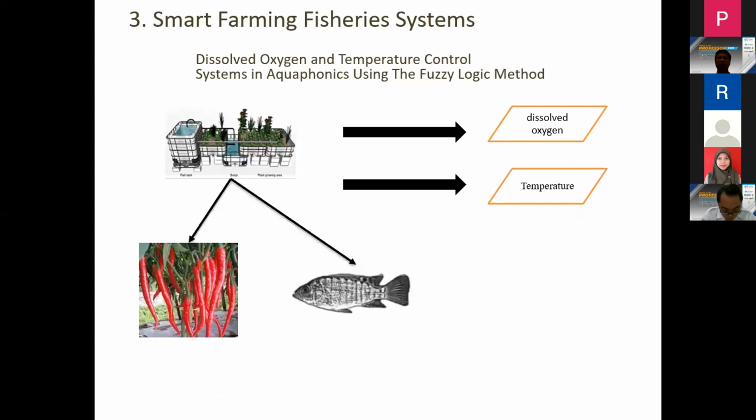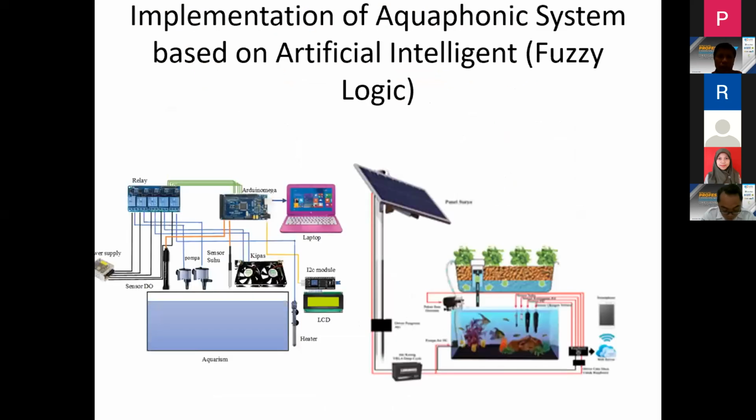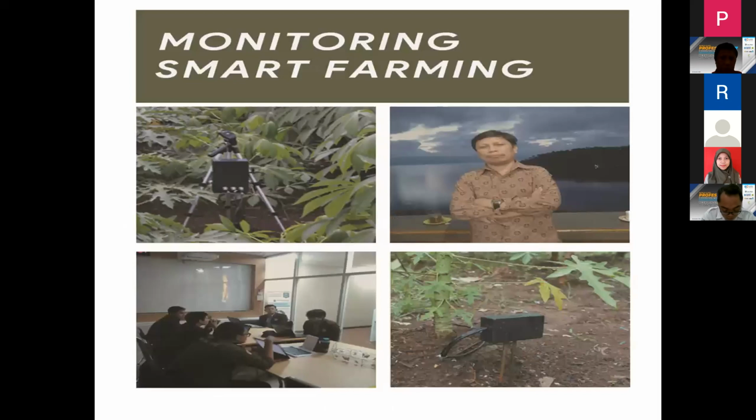I mean the integration, we can use the integration of control. And also, this is any monitoring for smart farming in the field, and the red chili, also the vegetable. In the COVID era, we can use growing hydroponic or aeroponic plants in a jar, maybe, because in the COVID era, we cannot touch, our body,